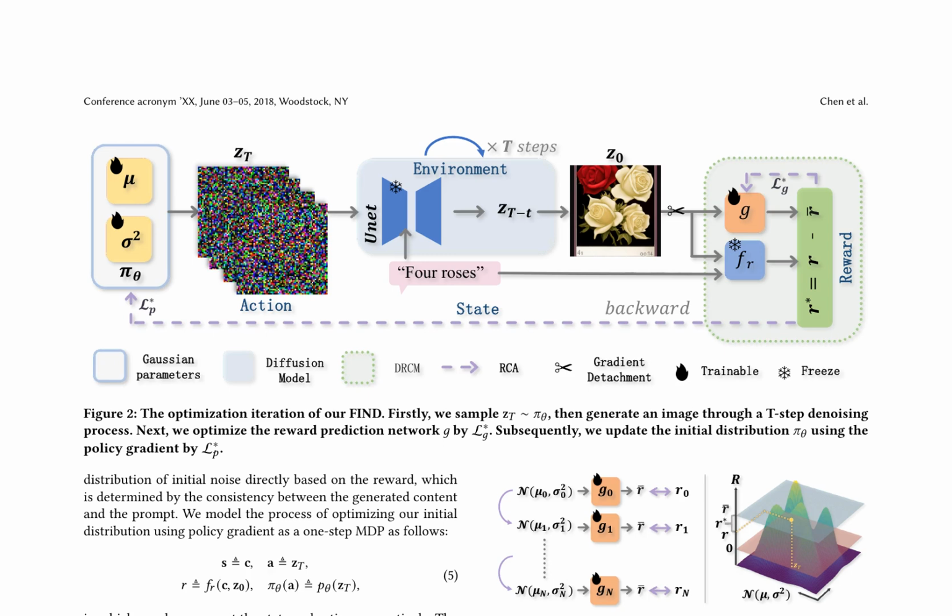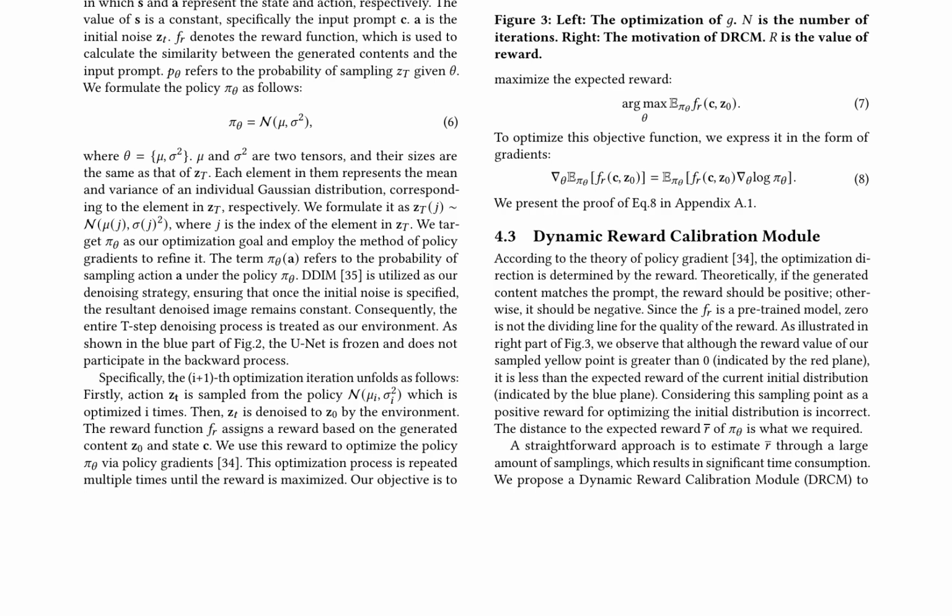consistency and speed. The authors also discuss the fundamentals of diffusion models, including the latent diffusion model and the denoising process, highlighting the optimization objective to maximize the expected cumulative reward over trajectories. The paper concludes by emphasizing the importance of accurate reward values, proposing a dynamic reward calibration module to address this